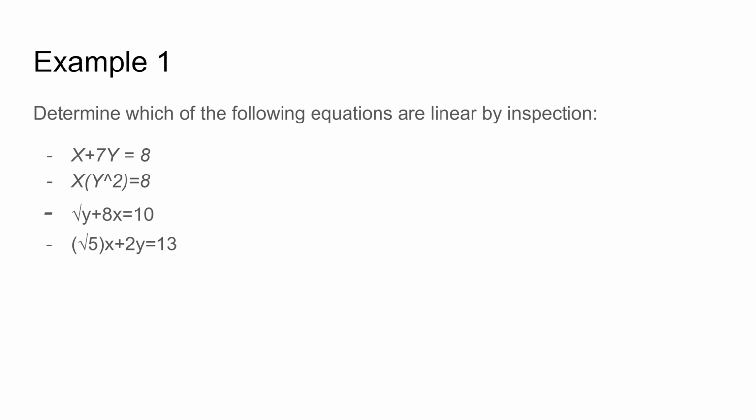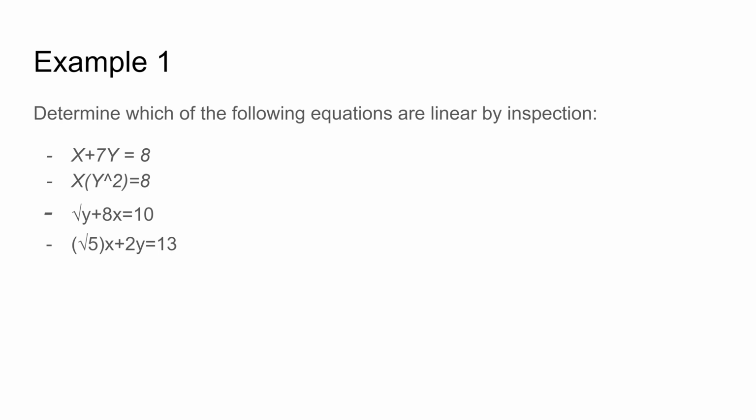You want to determine which of the following equations are linear by inspection. Inspection means just looking at it and knowing. So the first equation, x plus 7y equals 8. We see that the constant in front of x is 1, and x isn't raised to any power, it's simply just x. That's the same with y, except it's being multiplied by 7. But since 7 is a non-zero constant, and it's equal to c, which is 8, this is a linear equation,